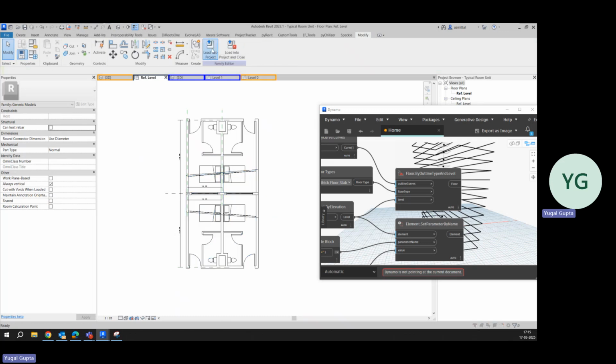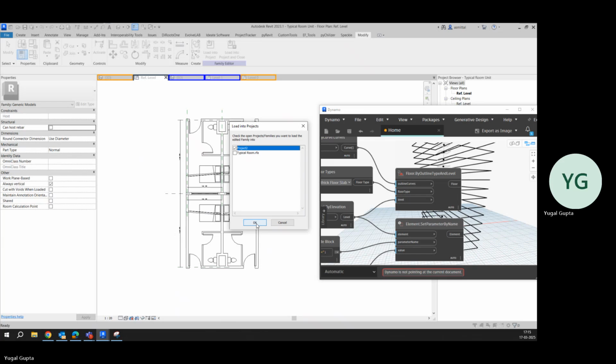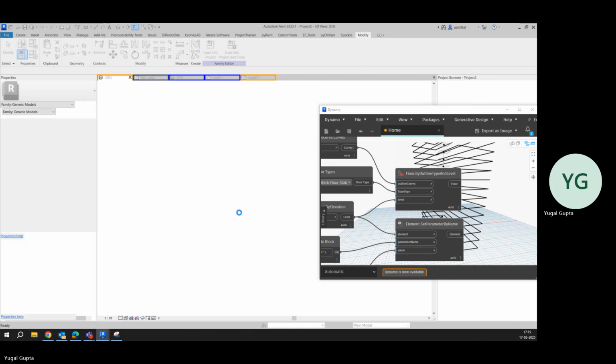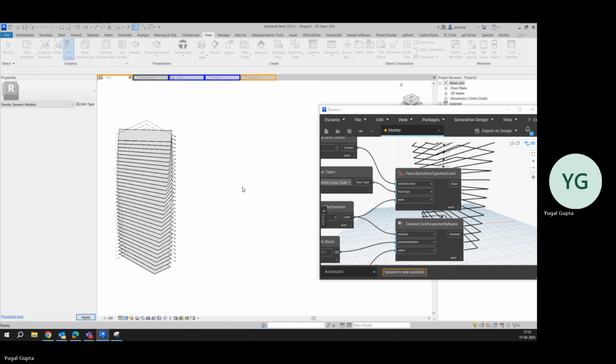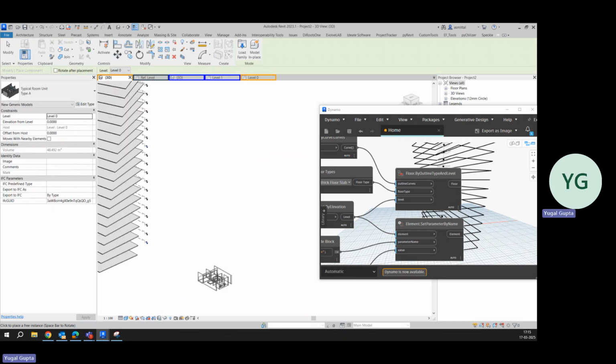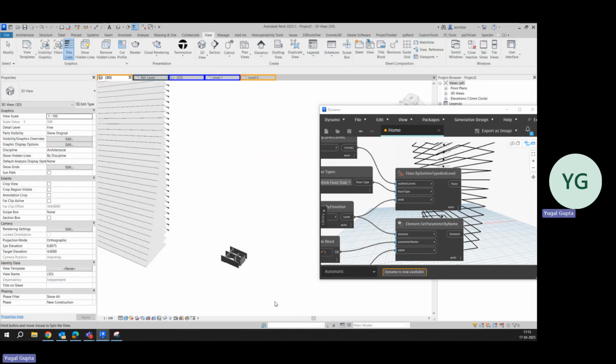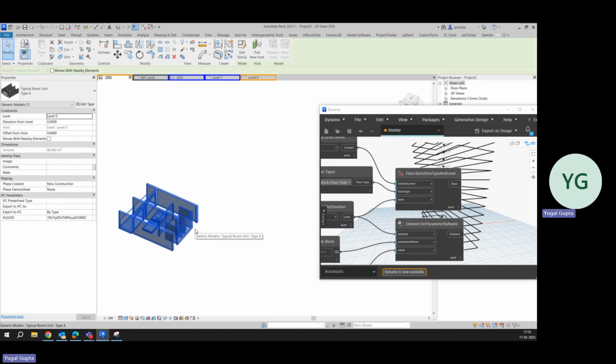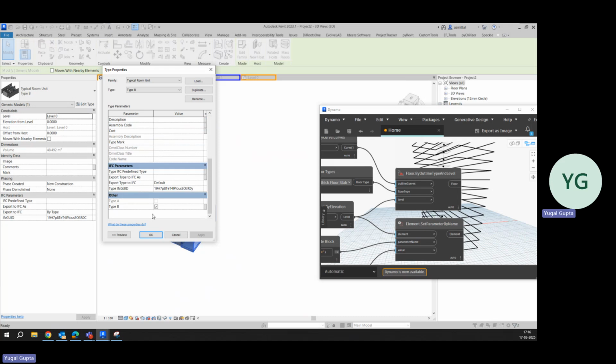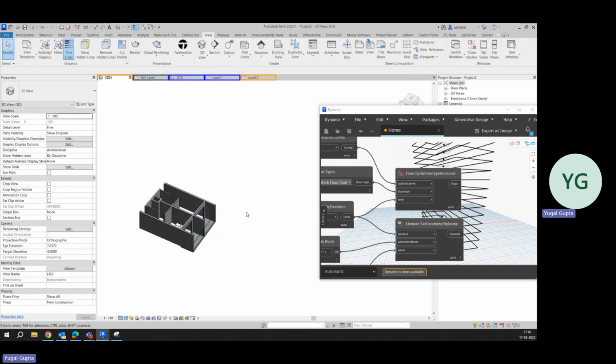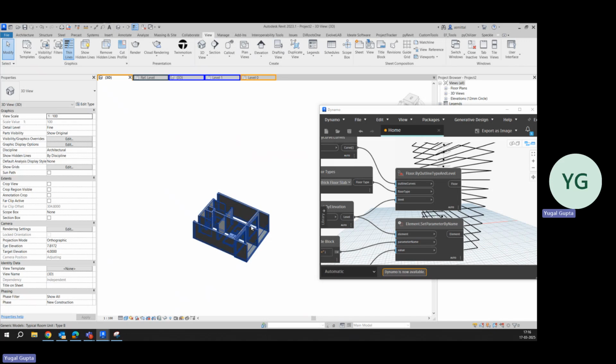So if I load it into the project, this family looks something like this. What you can do, you can change it from here and it will be mirrored like this. Okay, and it has a visibility parameter like this. So very simple thing all of you can do. Now,